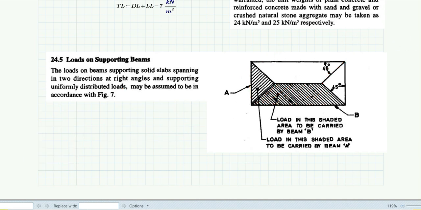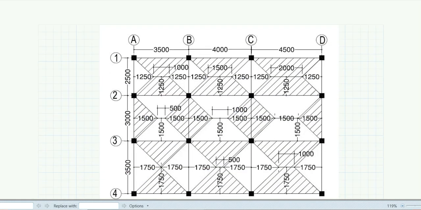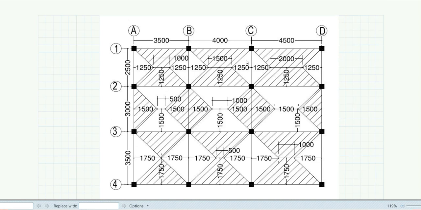So now let's go to our problem. We have the plan here. Let's first draw the distribution diagram, or how the slab will distribute the load. For this, you just need to draw lines at a 45-degree angle, because all the slabs are supported on all 4 sides and only uniform loading is there, right? So we can divide the whole slab into 4 sections, making an angle of 45 degrees with the sides. So this kind of sections we will get.